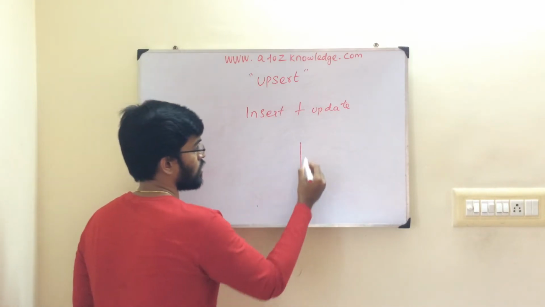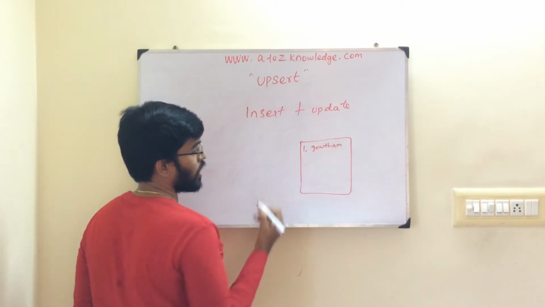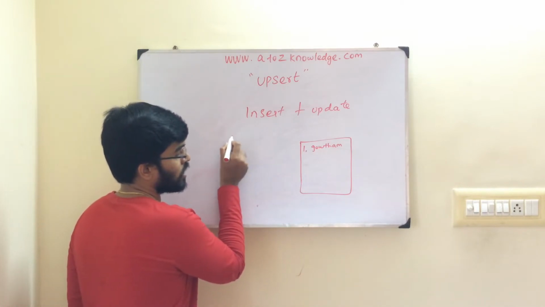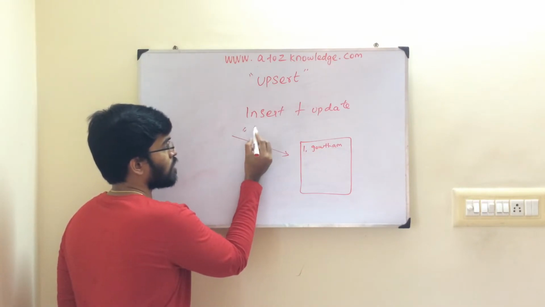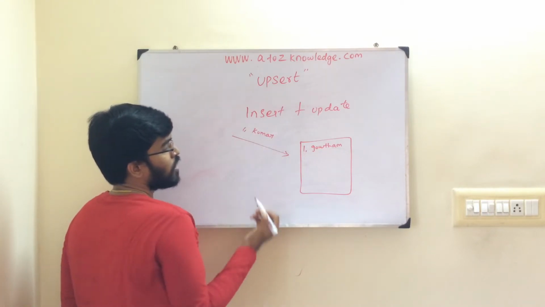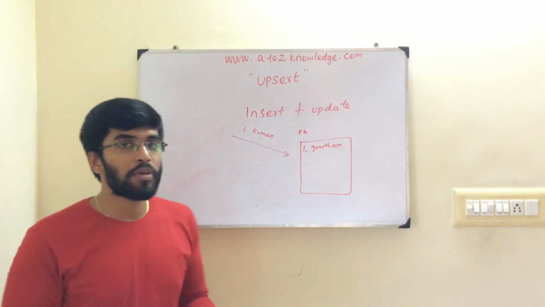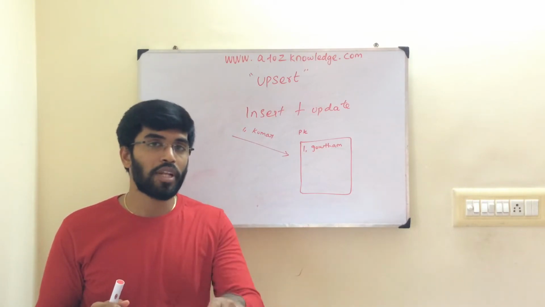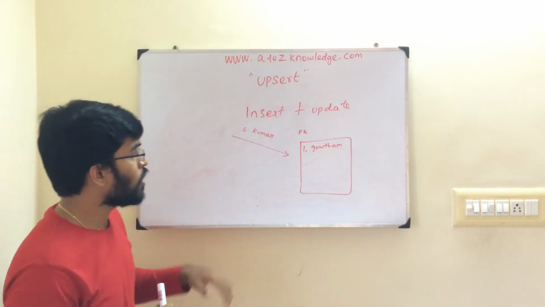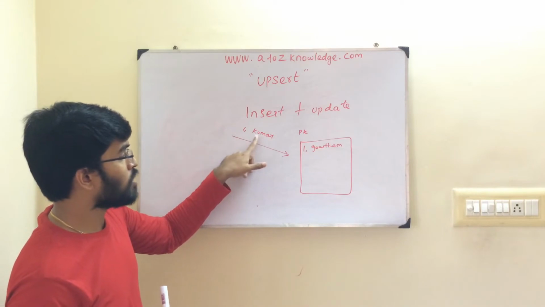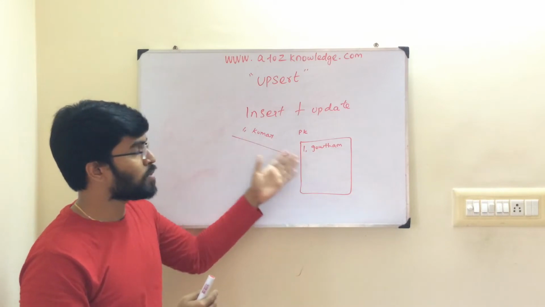See, you have a table, and the table has 1, Gautam as the first record. Here I'm sending a record for this table: 1, Kumar. The serial number is the primary key, PK. What is meant by primary key? When you insert a record with the same primary key, you will get an error saying duplicates are not allowed. So now I am sending a record 1, Kumar, and that means there will be an error. I couldn't insert it because the key is the same.